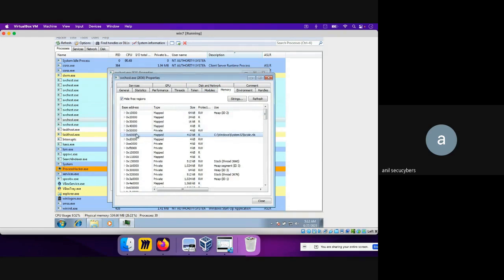This is what ASLR does. It randomizes the base address of anything that is loaded. Every process has its stack memory and its heap memory. So what ASLR will do is that every time you run the host, maybe what